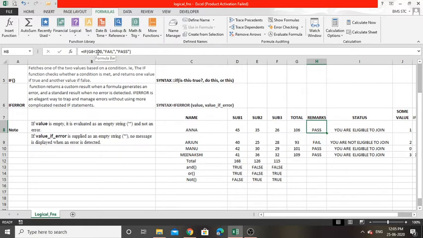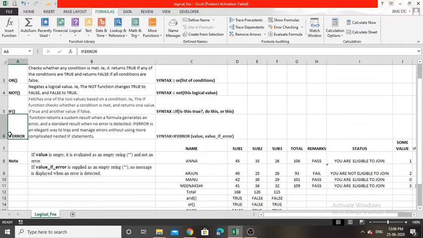If it is less than 100, give the result fail. If it is not, give the result pass. So here is the result. 106 is not less than 100, so the third argument will give the result. 93 is less than 100, so it gives the second argument as the result. Like this, the following values also.